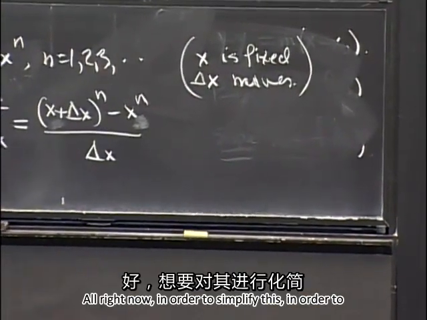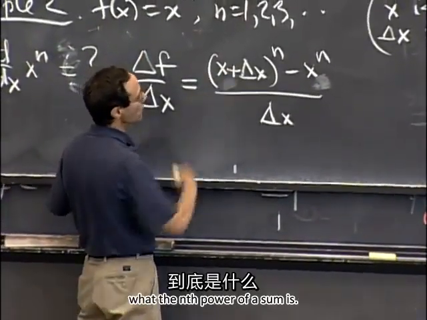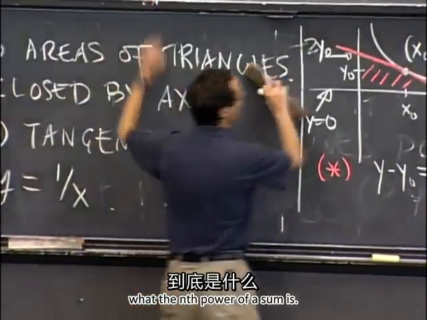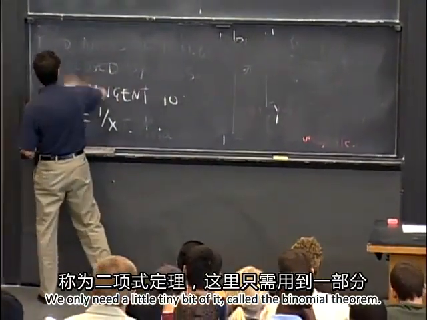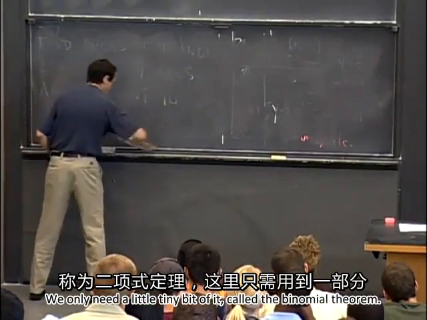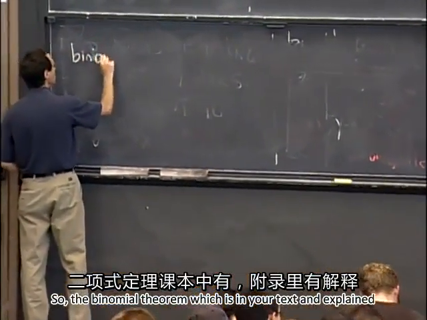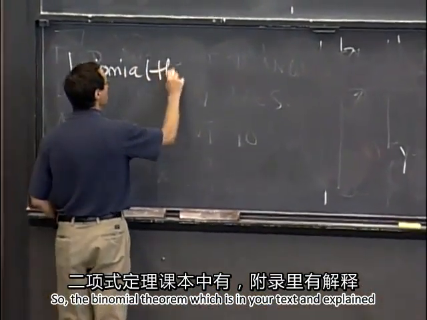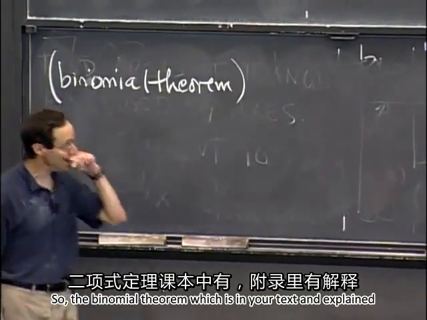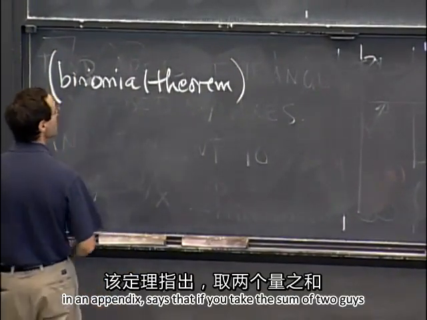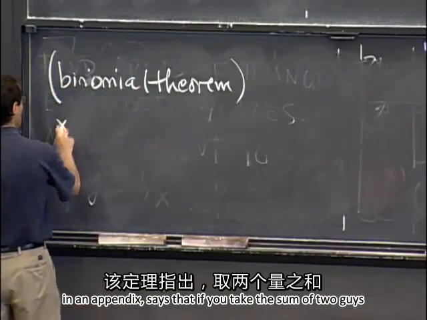All right, now, in order to simplify this, in order to understand algebraically what's going on, I need to understand what the nth power of a sum is. And that's a famous formula. We only need a little tiny bit of it, called the binomial theorem. So the binomial theorem, which is in your text and explained in an exercise in an appendix, says that if you take the